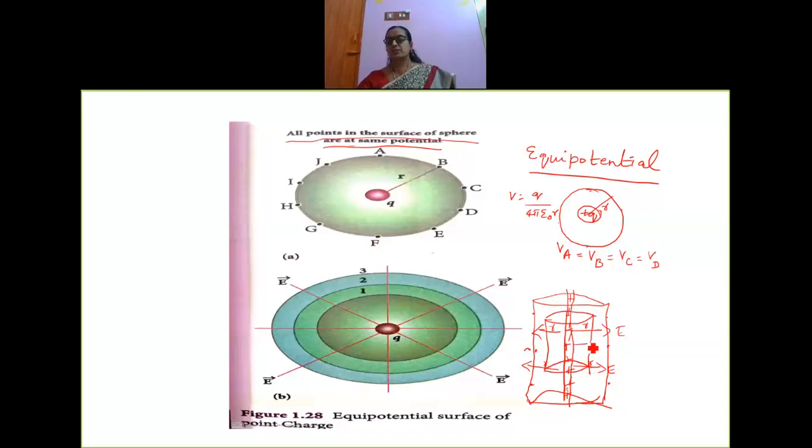Again, here also you consider R. This R is different, and here you have R1. Now, all the points will have the same potential. So, concentric spheres and concentric cylindrical surfaces where you have the potentials to be the same, you call those surfaces equipotential surfaces. Are you able to understand, children?